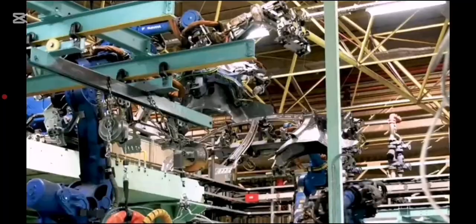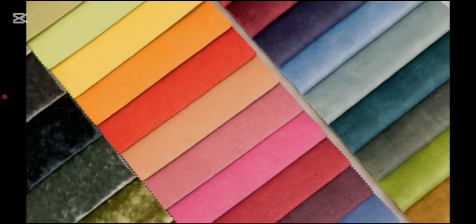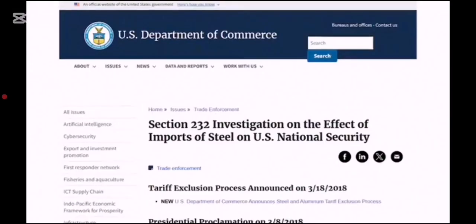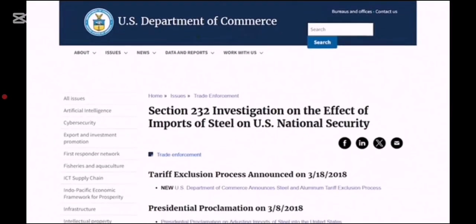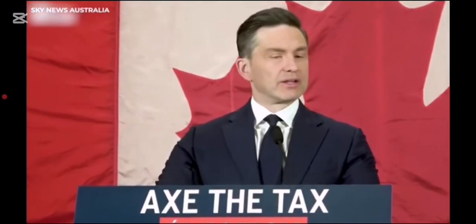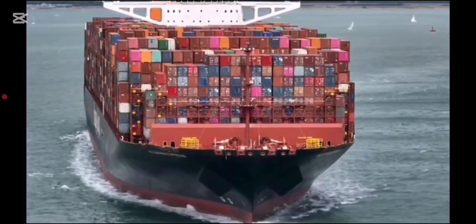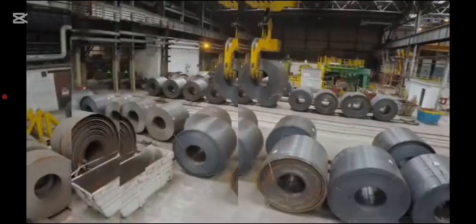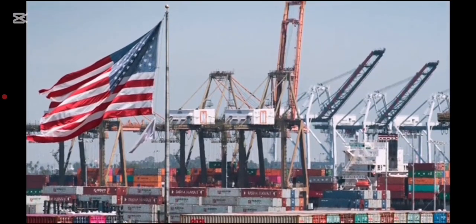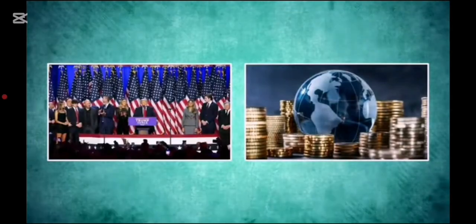Mexico responds to US adding tariffs. Mexico is another country that felt the effect of US tariffs, especially when it came to goods like cars and electronics. In response, Mexico started to focus more on trading with other countries like Canada and the European Union. Mexico also made its own tariffs on US products. For example, when the US added a tariff on Mexican steel, Mexico responded by adding tariffs on things like US pork and apples. This kind of back and forth of tariffs hurt businesses in both countries.